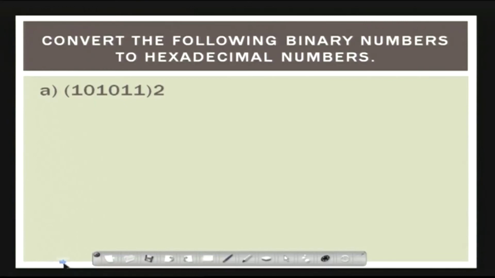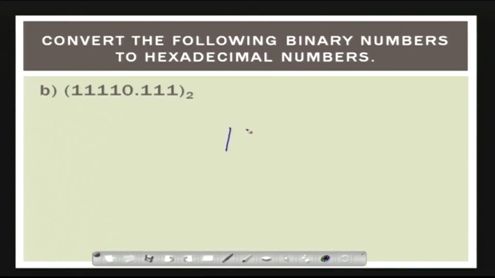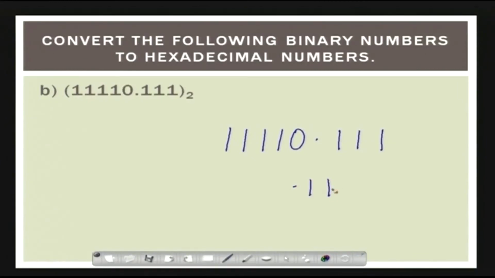Now, we will do a simple assignment, I will do it for you. So, you can see that if I take a number 11110.111, we will take up this number. Now, what I should do is form 4 bits on both sides of the decimal point. On the right hand side I can add a 0 at the end. On the left hand side I can keep these 4 digits as they are, and this one does not have 3 bits along with it. So, we can add 3 zeros to the front of it.